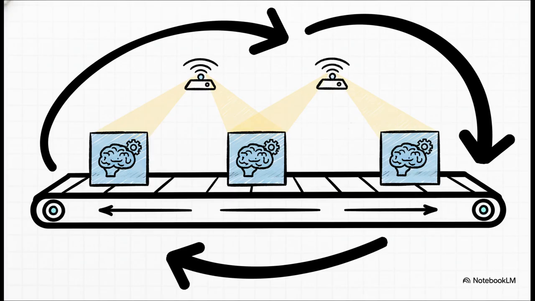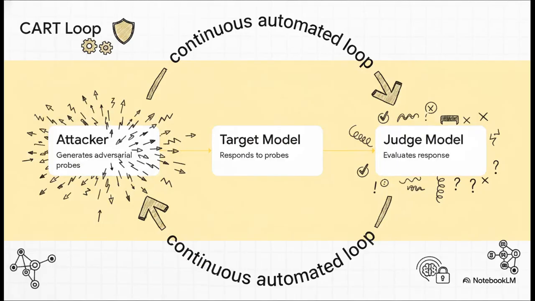These tools integrate right into CI/CD pipelines, which allows organizations to scan for prompt injections, data leaks, and those multi-turn jailbreaks before a model ever even hits production. You literally have to test AI at the speed of code deployment. And all this developer-integrated tooling eventually builds up to what we call CART, or continuous automated red teaming. Because let's face it, the attack surface is just way too large for humans to probe manually anymore.